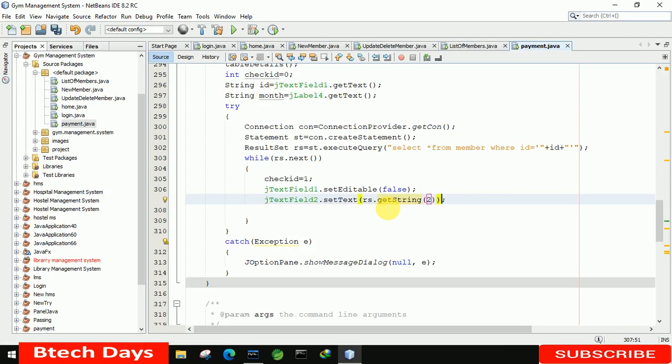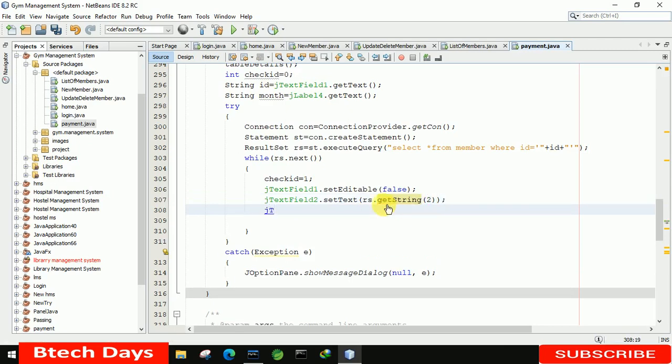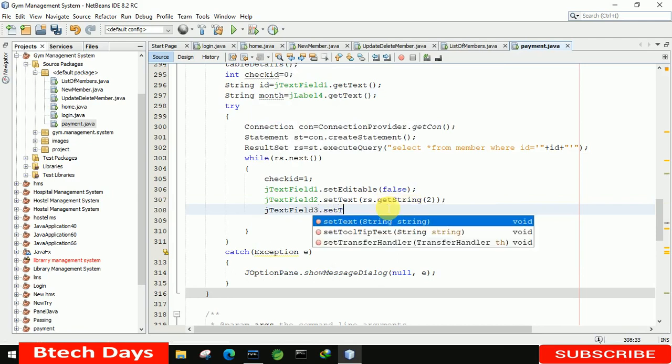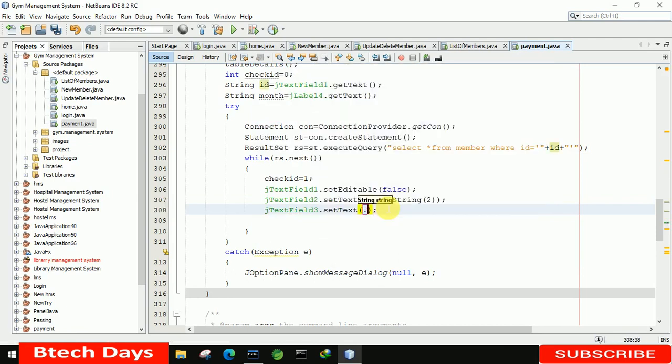Second is for the name, jTextField3.setText, and here we write rs.getString. Let's copy this and paste it here, and here we select 3.